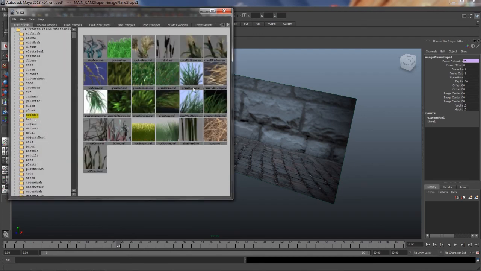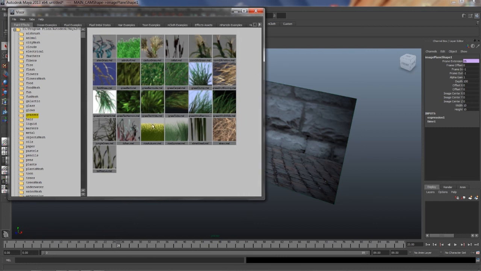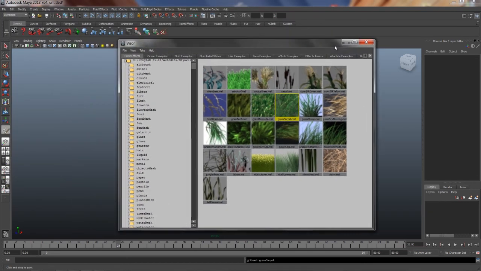Grass. Here's grasses, and there's all kinds of different grasses, so you can play around with it. They have other things. They also have vines and all kinds of objects, like all kinds of vegetation, even trees. So you can really play around with it. So I'll just take, for example, this grass. Double click on it,